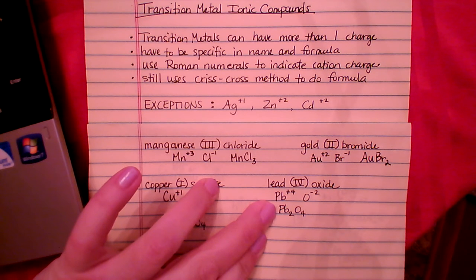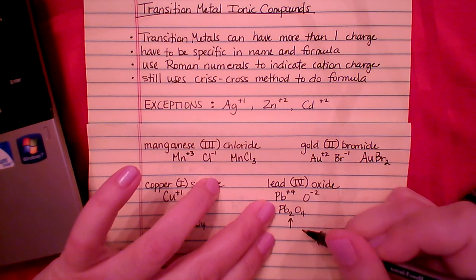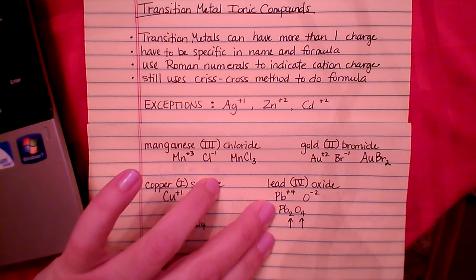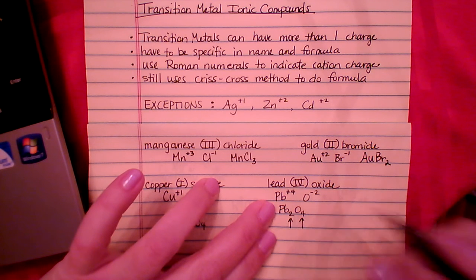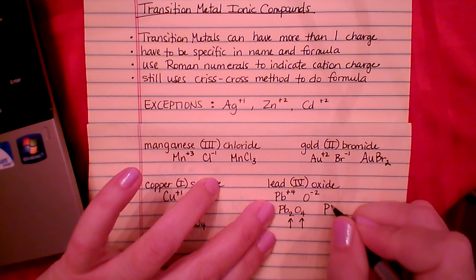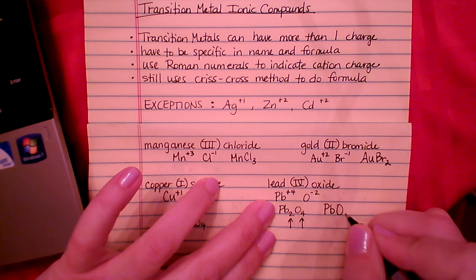But that's not the final answer, is it? So remember, anytime that you're writing formulas for ionic substances, they have to be in lowest terms. So the 2 and the 4 can be reduced. So your final formula is PbO2,